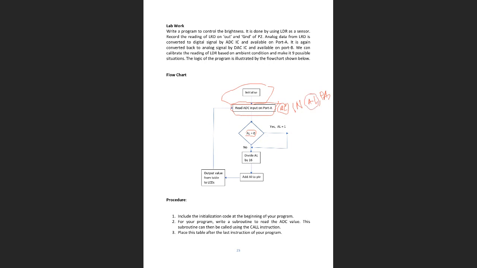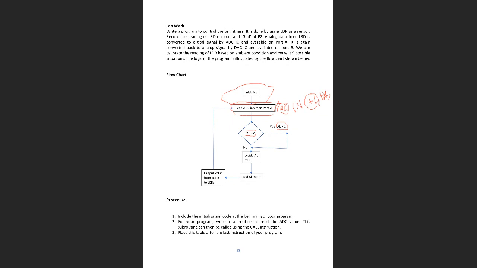Now we check if AL is 0 or not. If 0, it means there is no data actually. If AL is 0, that means it is not okay, so we forcefully make AL equal to 1 and go to the next step. But if AL is not 0, that means it actually takes some data